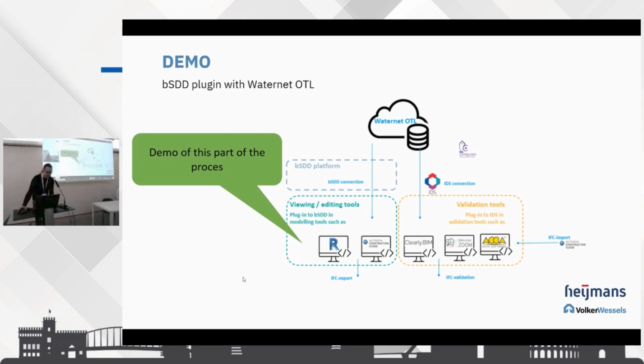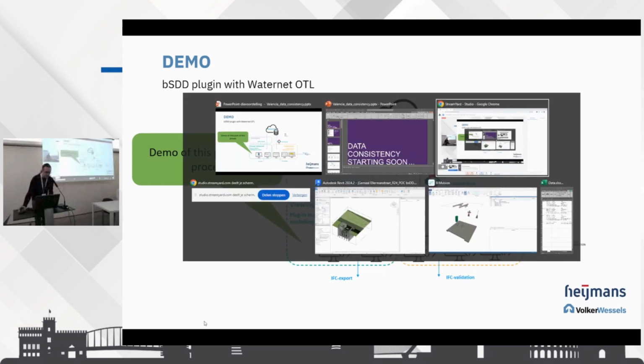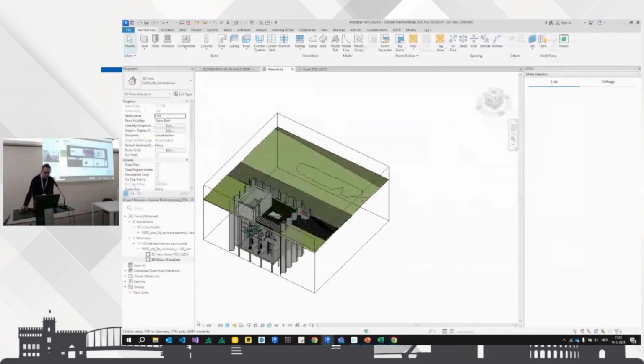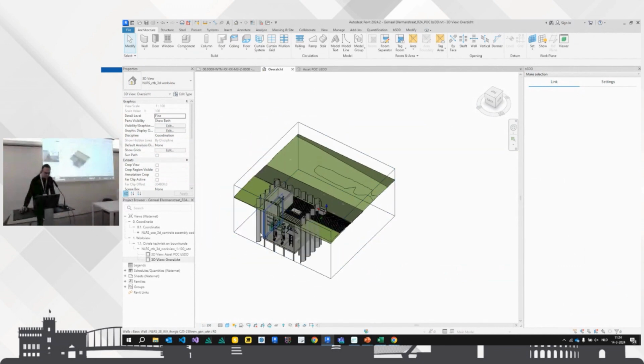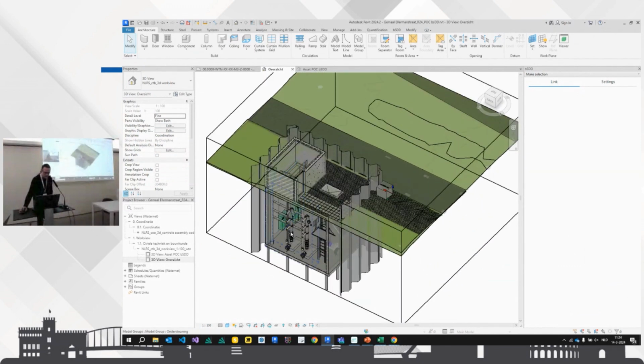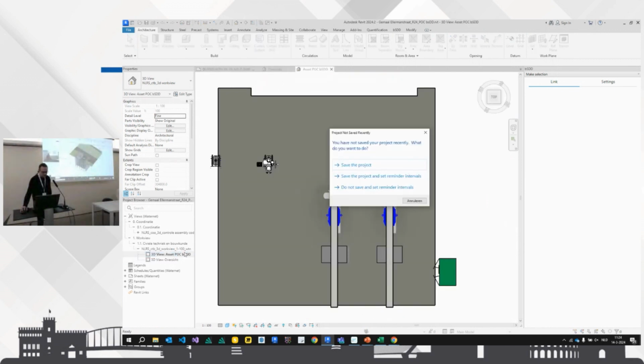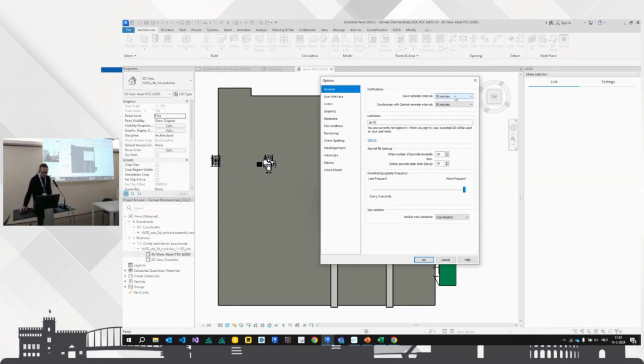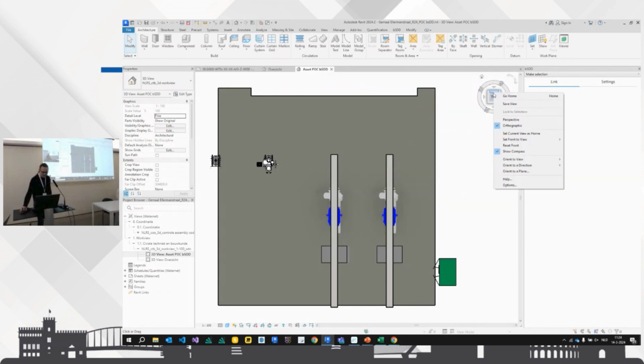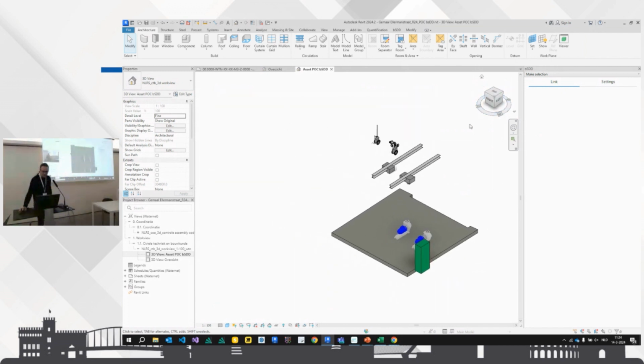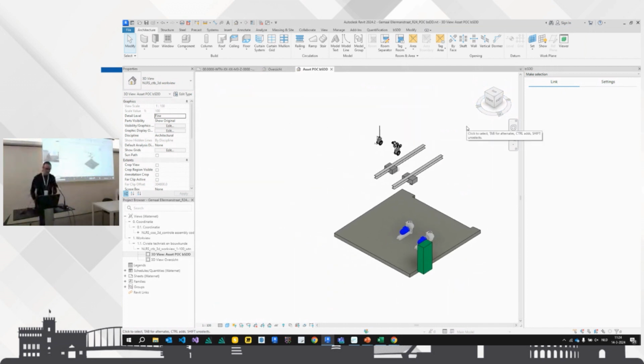Let's switch to Revit, where you can see the same model that Anouk already showed. It's a very complex, detailed model with all these pumps and systems. And I'll switch to a little simplified view. We agreed to work with these objects for this demo, and